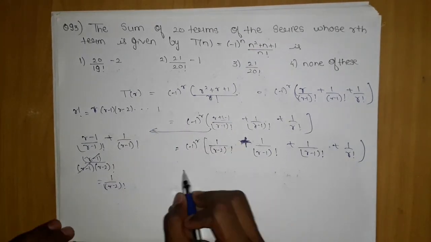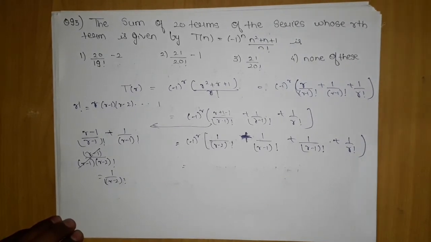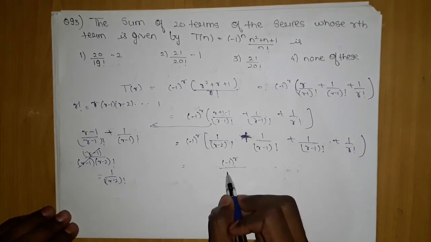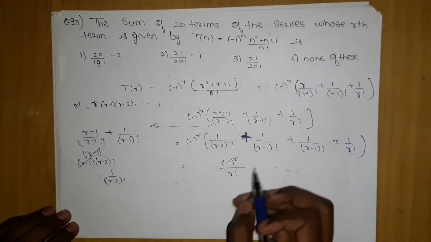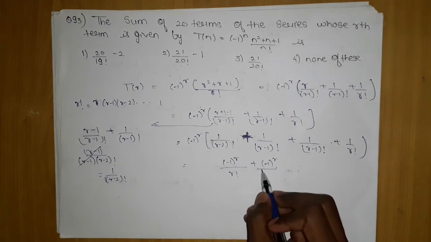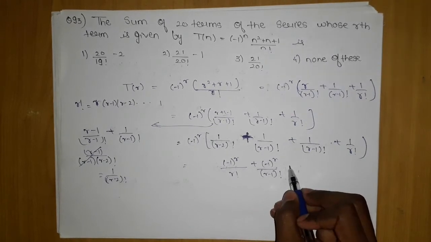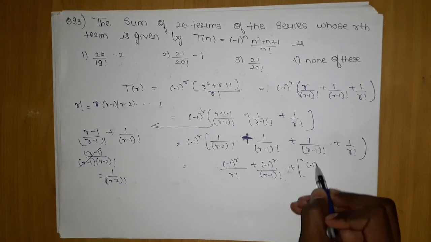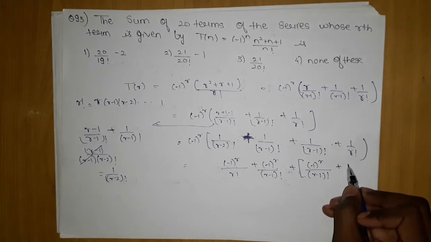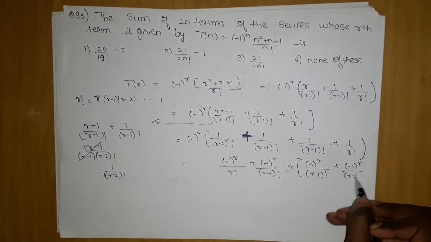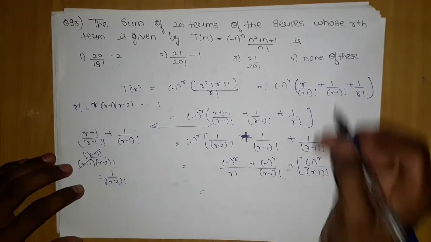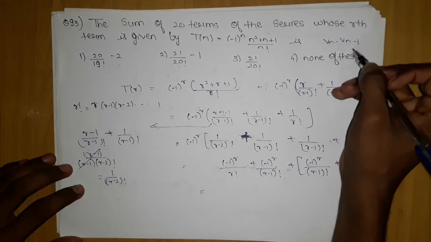After doing this, I will make pairs. I will make the pairs 1 upon r factorial, minus 1 upon r minus 1 factorial. And then this is the manipulation which you have to do: r minus 1 factorial plus minus 1 by r upon r minus 2 factorial. Now you have to do a single manipulation, which is you have to create a minus here, because in Vn minus 1 you have to create a minus here.